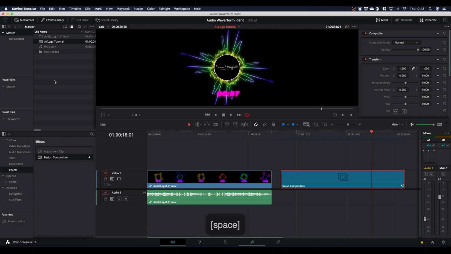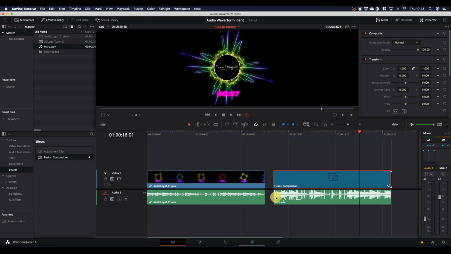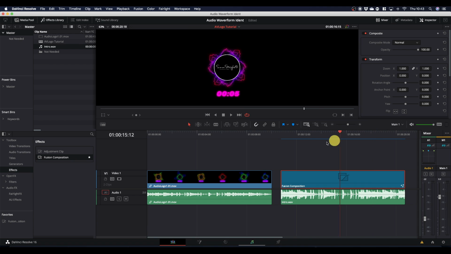Final thing you need to do is bring your music that you've been using all along and slap it underneath your Fusion comp, and now